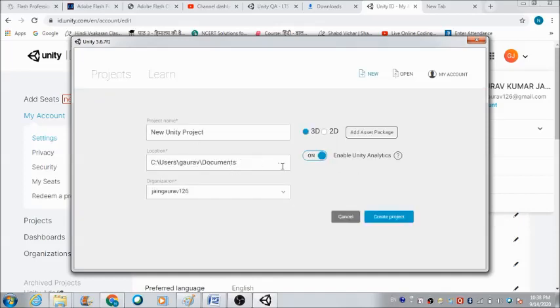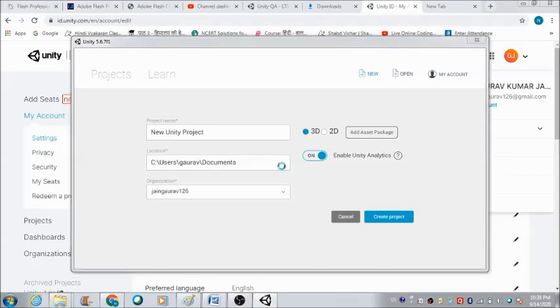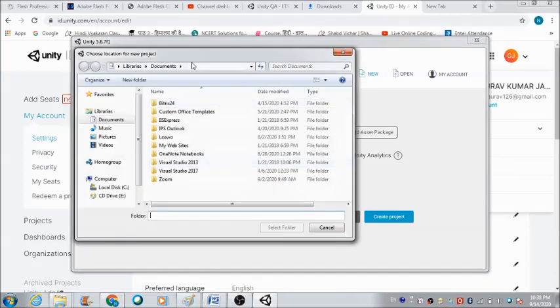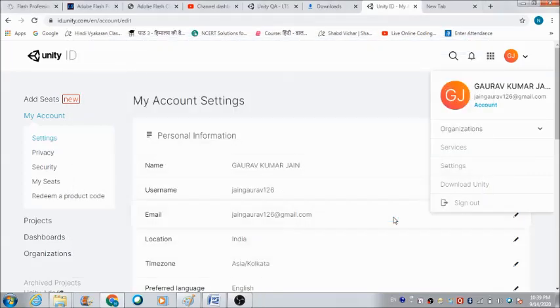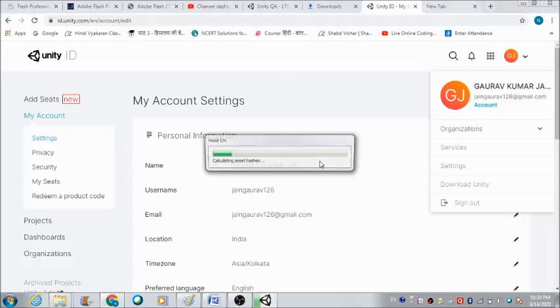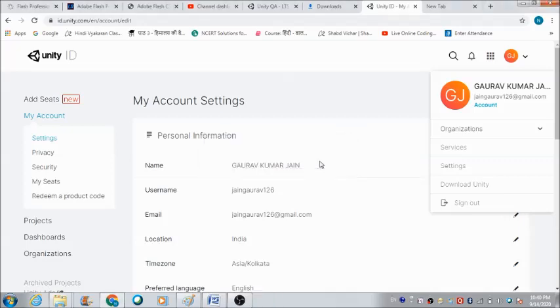New project I need to click on now. So there are two environments present over here, 2D and 3D. I'm going to save my project. I want to save my project on the desktop, so this is a location. And now 2D or 3D, which project do I want to create? I want to create a 3D project, suppose. So the option that I've selected is 3D. Now what is going to happen? So the files are getting uploaded, all the packages of the 3D environment are getting uploaded right now.